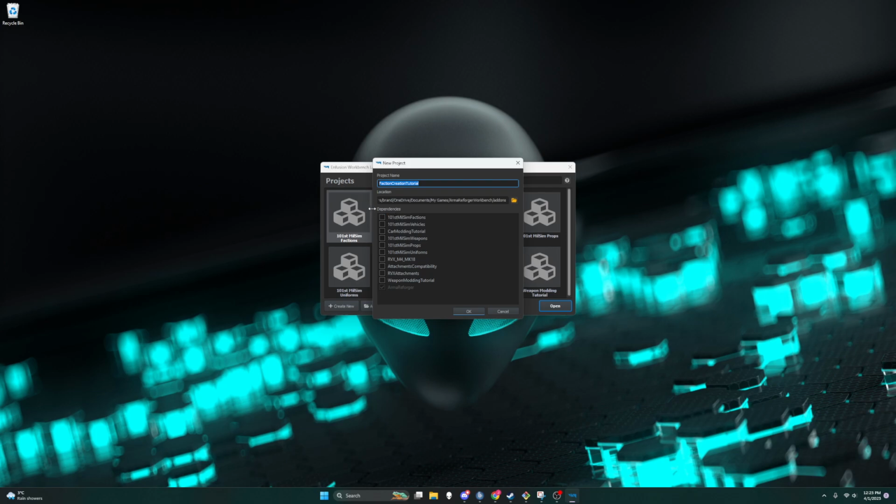And this dependencies list is all the things you can add into it. So like I said, for starting out, you don't need to add anything into this. You don't need any dependencies besides the Arma Reforger base game stuff, and this will always be checked. You can see it's grayed out. You can't edit it or remove it. That needs to be there for this all to work right. Every mod or project you make in Enfusion Workbench is going to be,